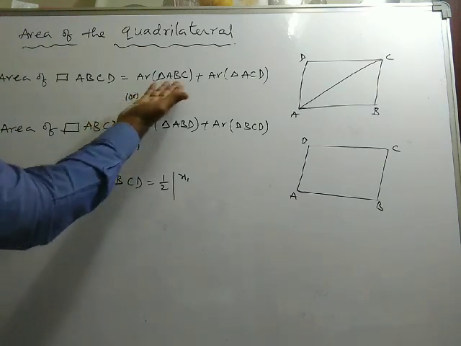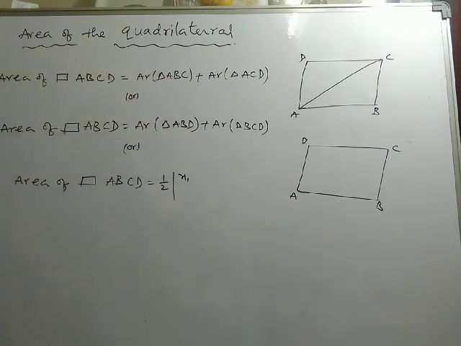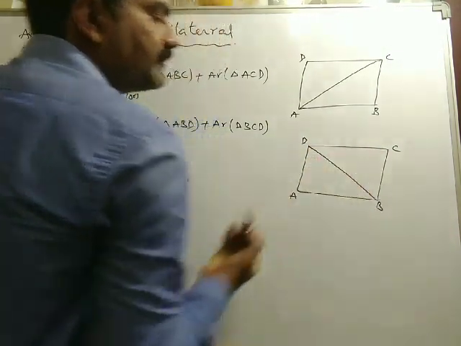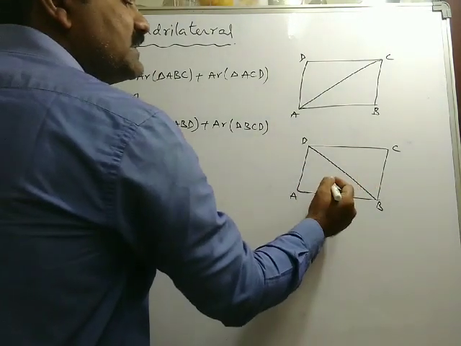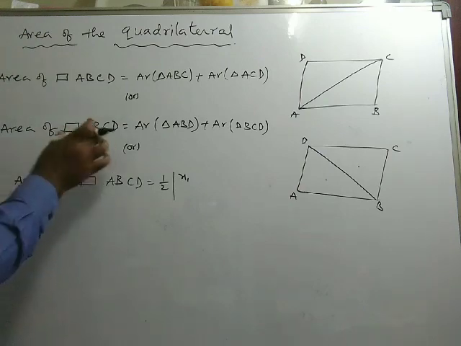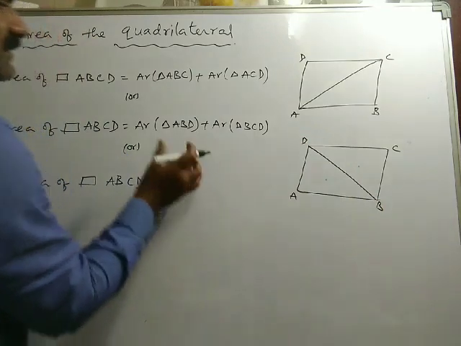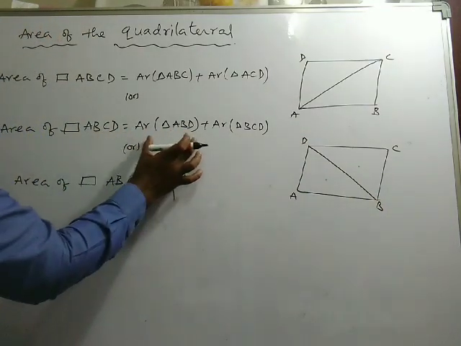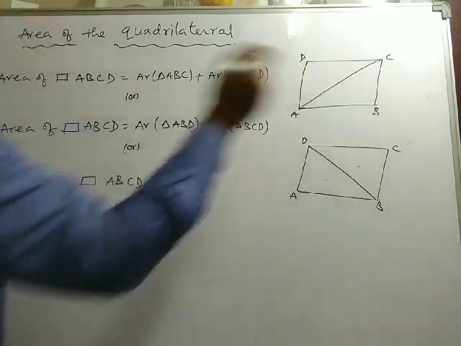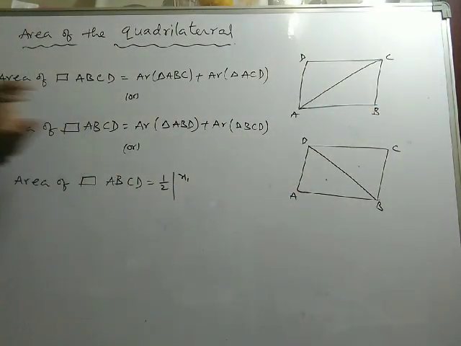Since we already know how to find the area of a triangle ABC, isn't it? If not, you can join the other diagonal, that is BD. Now the entire quadrilateral is again divided into 2 parts, which may or may not have equal areas, depending on the shape. This time if I join BD, the entire area of quadrilateral ABCD is the area of triangle ABD plus the area of triangle BCD. This is method 2.